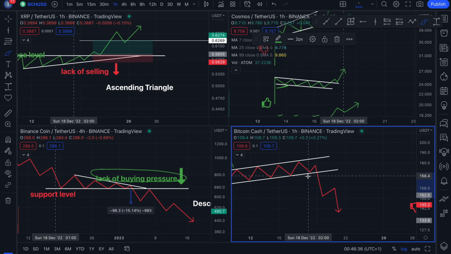I strongly recommend you to find these patterns on the chart, and before using any strategy, don't forget to test